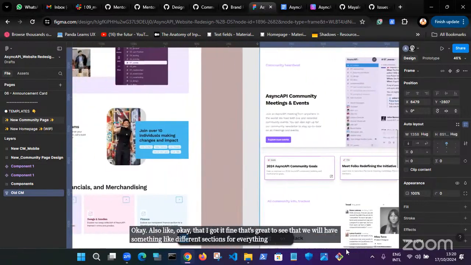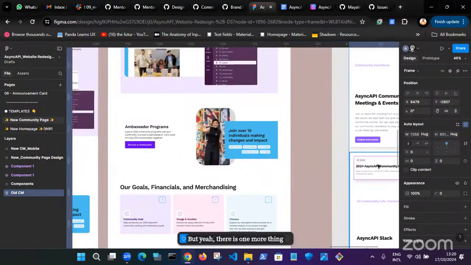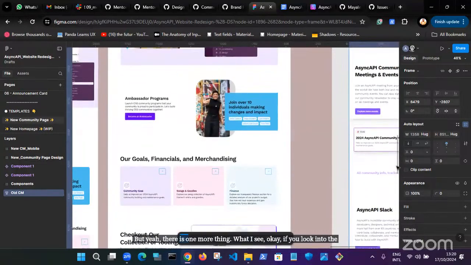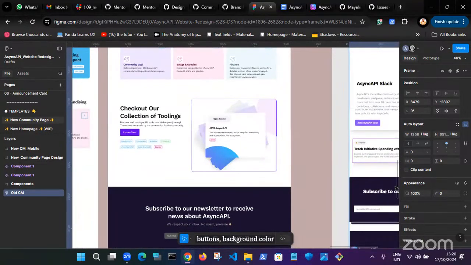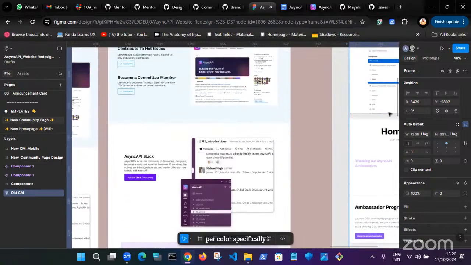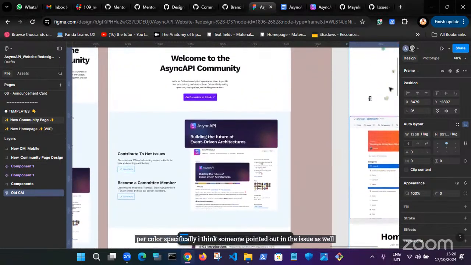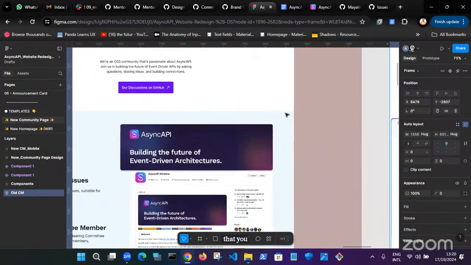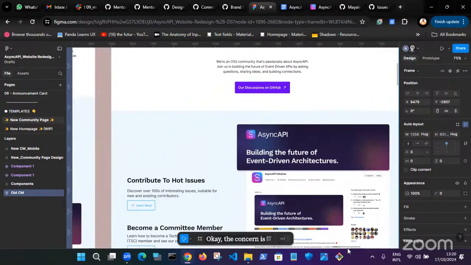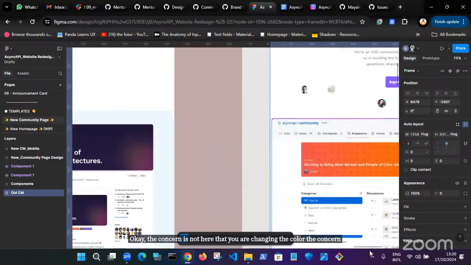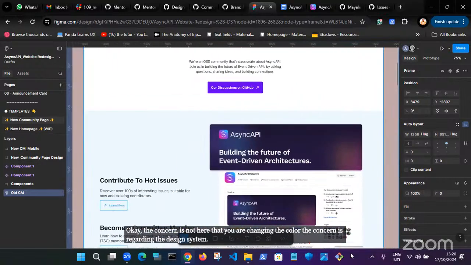But yeah, there is one more thing. If you look at the button's background color, the purple color specifically, I think someone pointed out in the issue as well that you changed that particular background color. The concern is not that you are changing the color. The concern is regarding the design system. There is an existing design system that we follow inside the website.